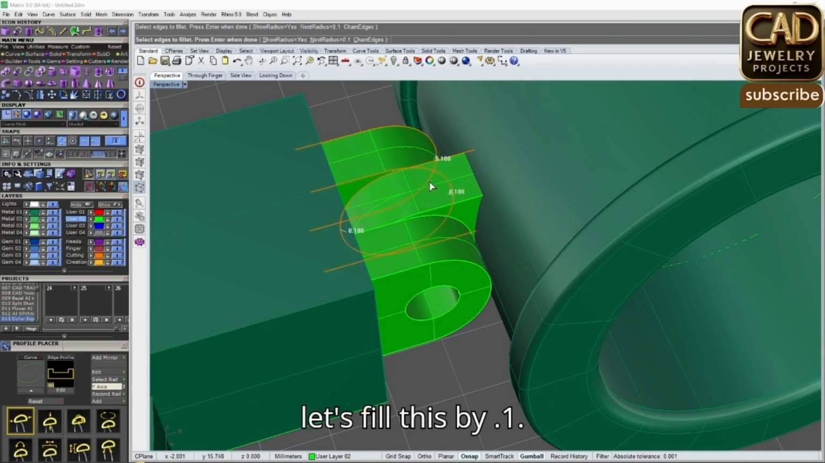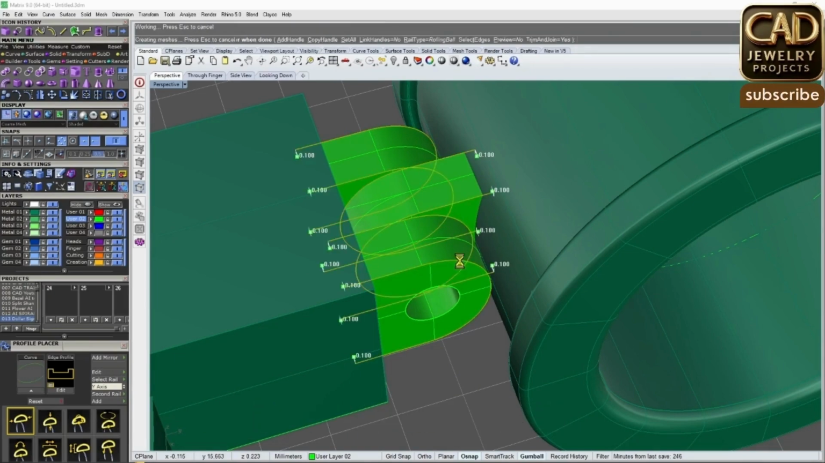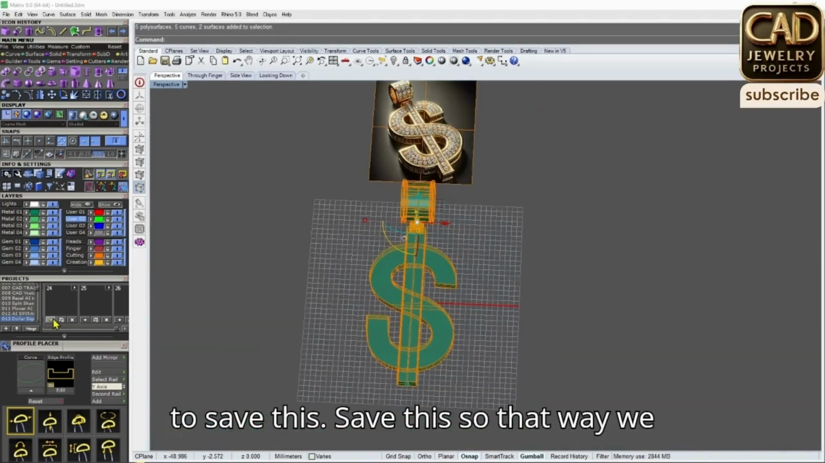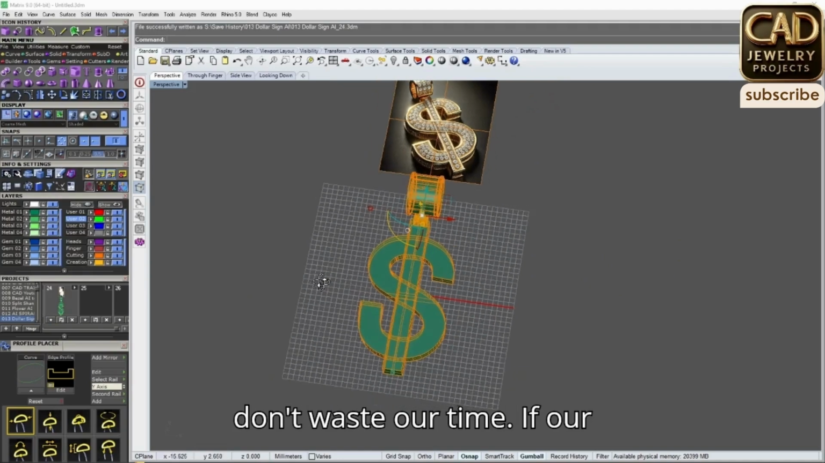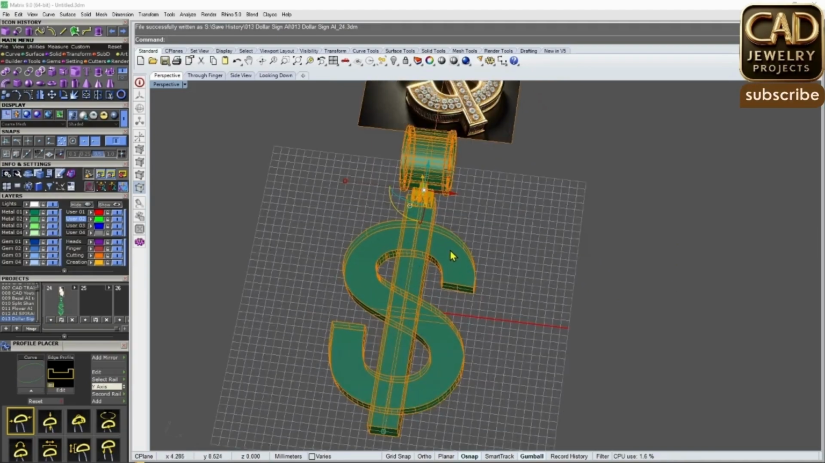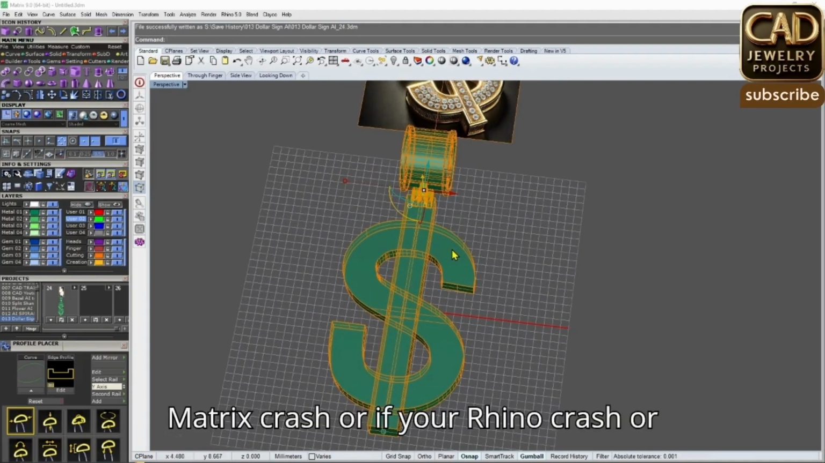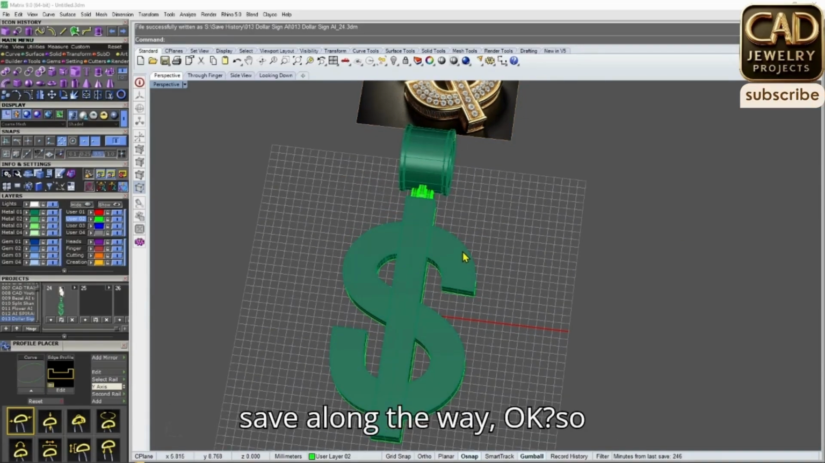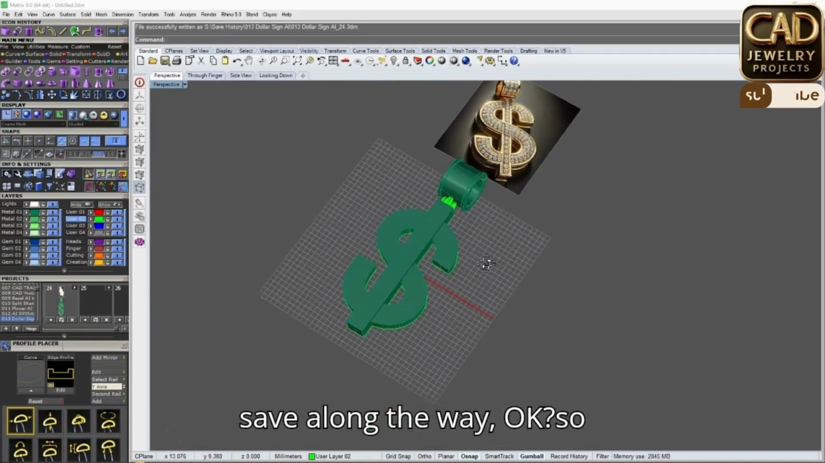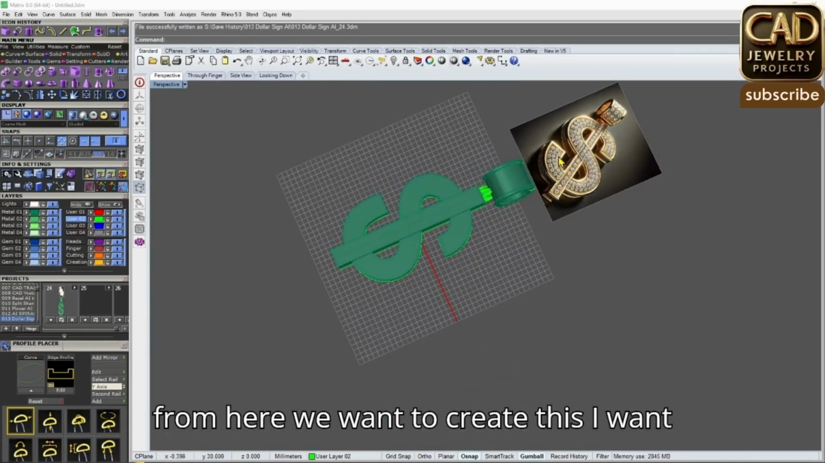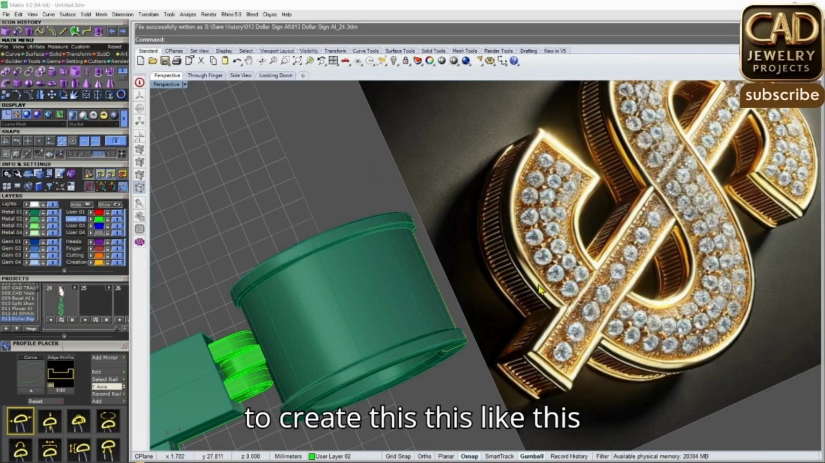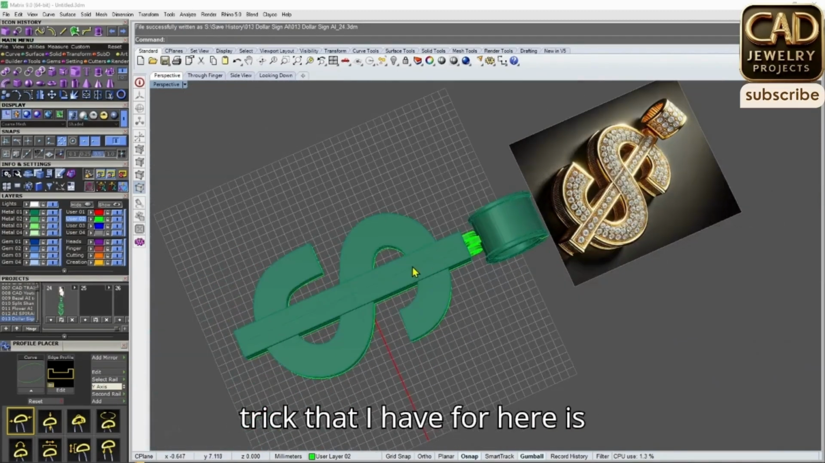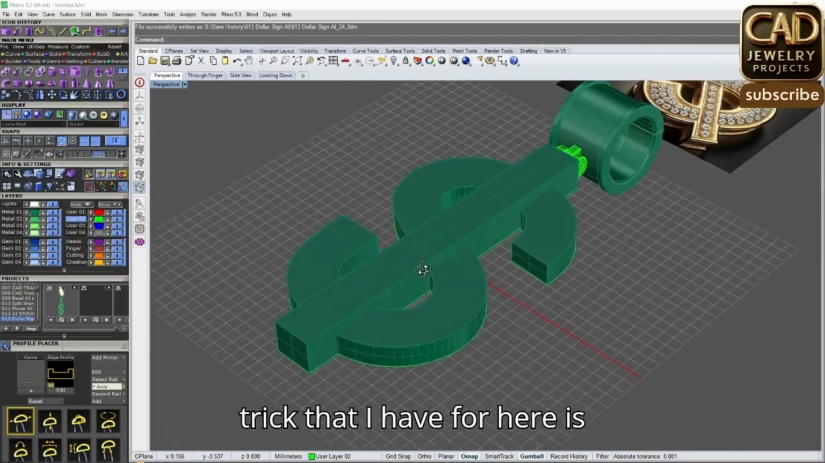Okay, let's fillet this by 0.1. There we go. All right, from here we want to save this, so that way we don't waste our time if your Matrix crashes, or if your Rhino crashes, or if your MatrixGold crashes. Always try to save along the way. Okay, so from here we want to create this ridge right here, right? So one trick that I have for here is